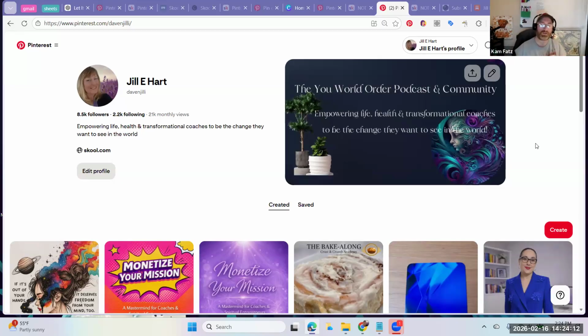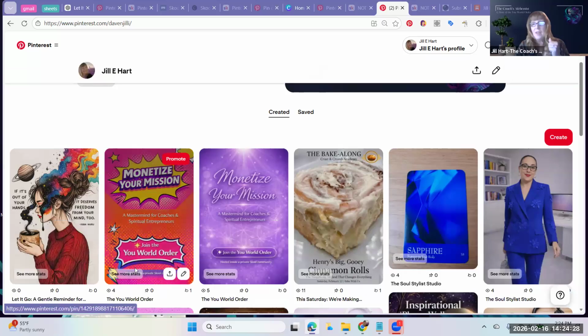Also, I saw in the chat that Chelina was asking why you repeated the copy in the alt text. Because it gives Pinterest one more chance to figure out what your pin is about. Pinterest can read the image and it'll read the alt text, and the alt text is for people that can't see the image.